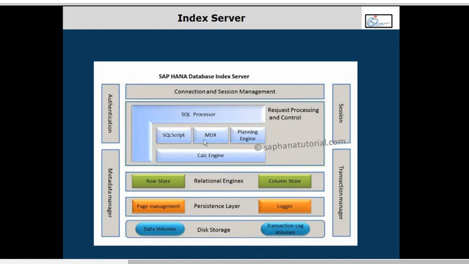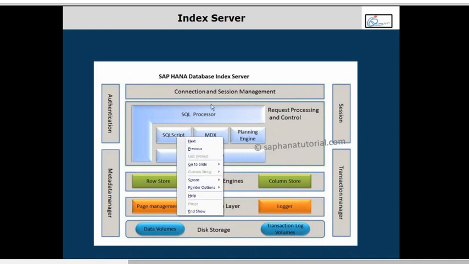So mainly you'll have three main engines: SQL script, MDX, and planning engine. Now SQL script, because in HANA we can write programming, which we call SQL script, which is nothing but your extension to SQL. Like in Oracle, how do you write your PL/SQL? In HANA, we would write SQL script, which is nothing but a normal extension to your SQL statement. So when the preprocessor finds a data manipulation statement written with SQL script, it will leverage the SQL script engine to execute that SQL statement and get the results back.